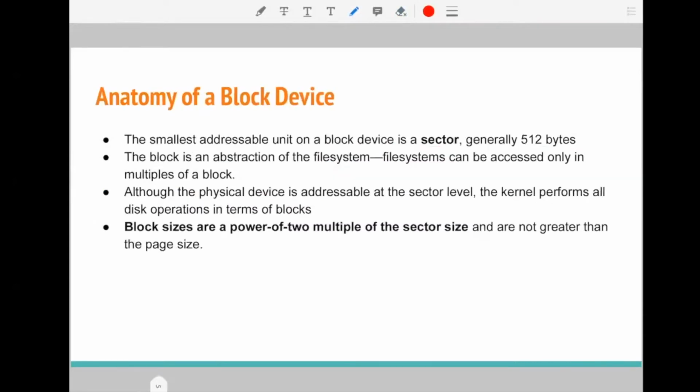So let's now discuss each component of a block device. The smallest addressable unit of a block device is called a sector, and this is generally 512 bytes. But when we do operations on the file system, we do them in the form of blocks. This block is an abstraction of the file system. So you can say a block consists of multiple sectors.